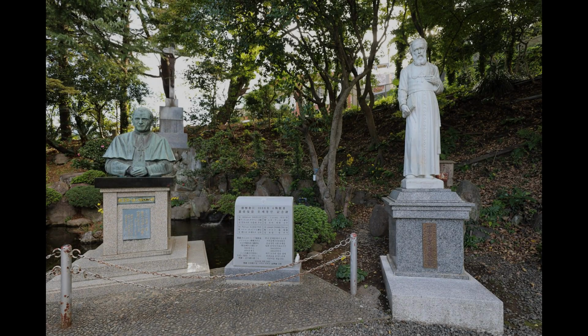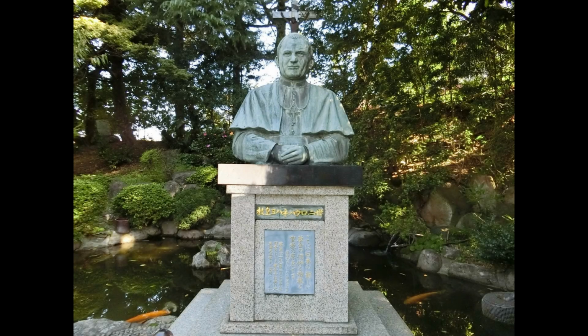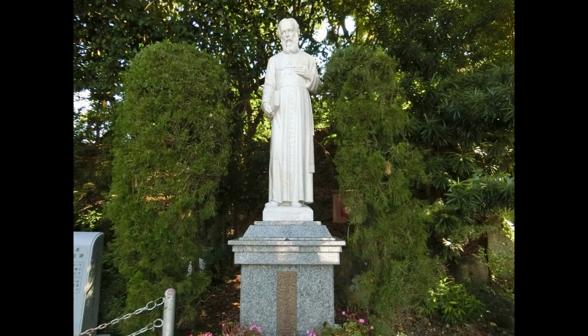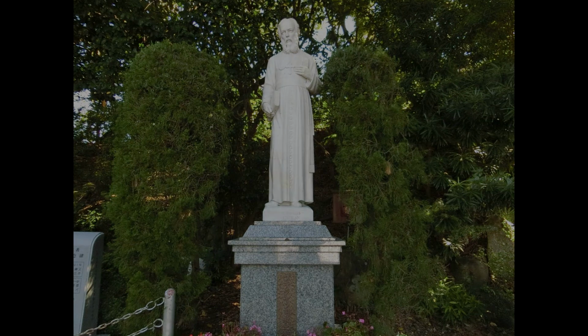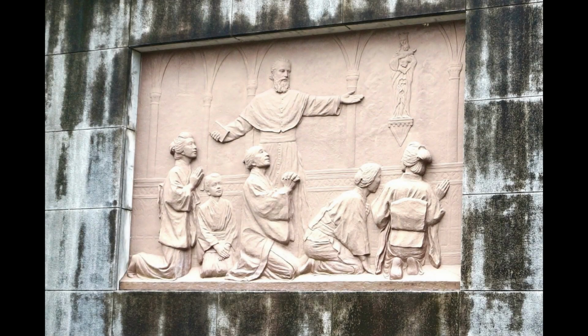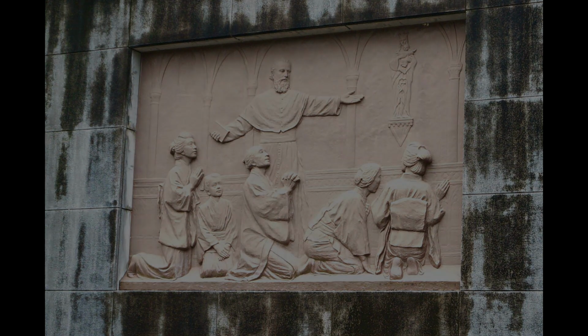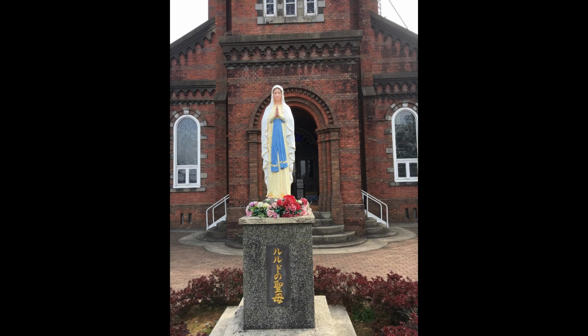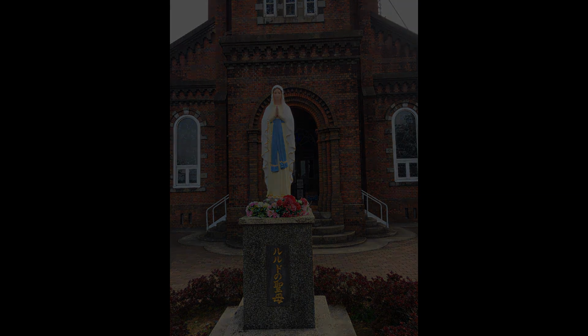On March 17, 1865, shortly after the completion of the original cathedral, Father Petit-Jean saw a group of people standing in front of the cathedral. They indicated to the priest that they wanted him to open the doors. As the priest knelt at the altar, an old woman from the group approached him and said, "Where is the